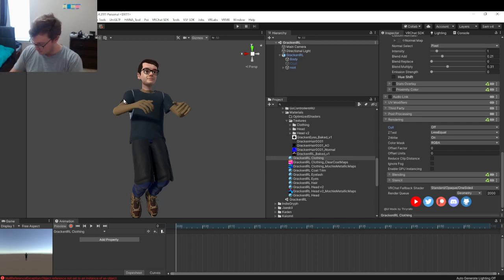All right, so for the body, do a little Vitruvian man diagram. We're going to want